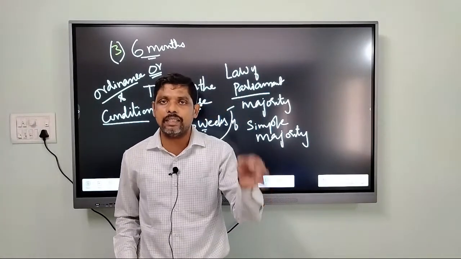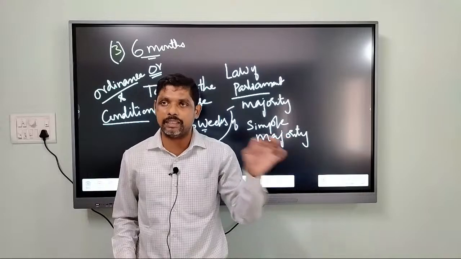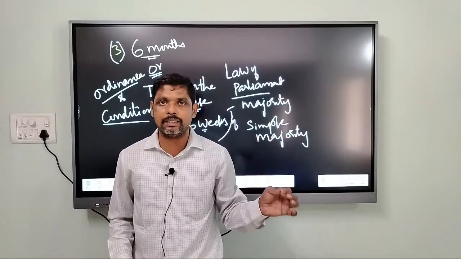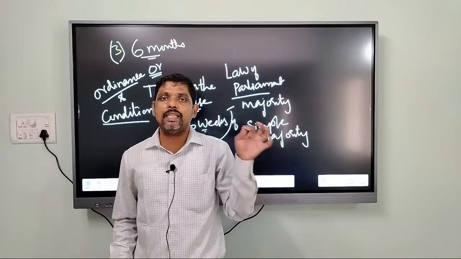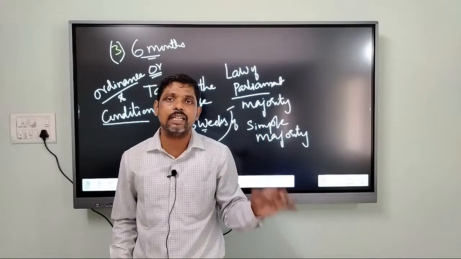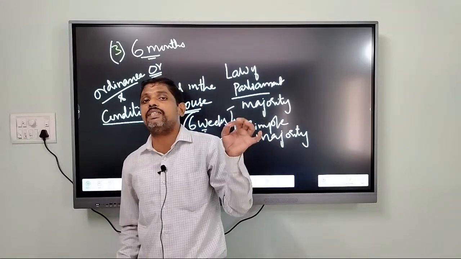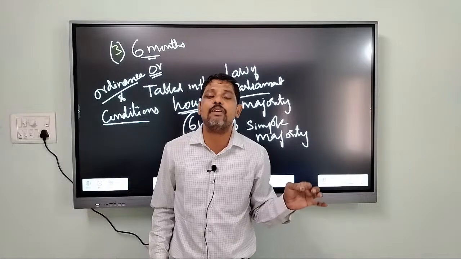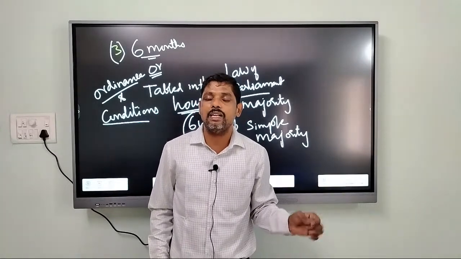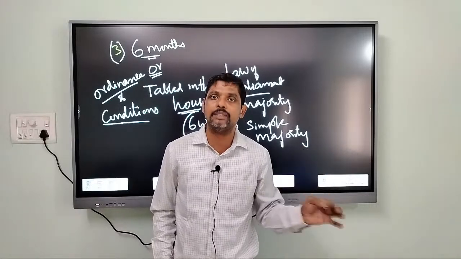The ordinance is issued when no house of parliament is in session. These ordinances are issued on the advice of the Prime Minister by the President of India. These ordinances are issued only when there are satisfactory grounds, that is, a compelling situation which requires immediate law of parliament. The ordinance that is issued by the President will have a life of 6 months.